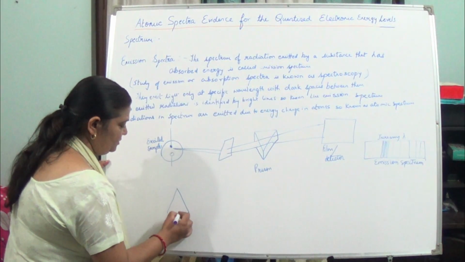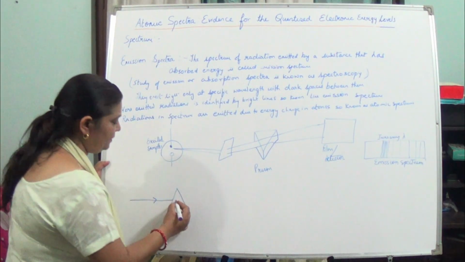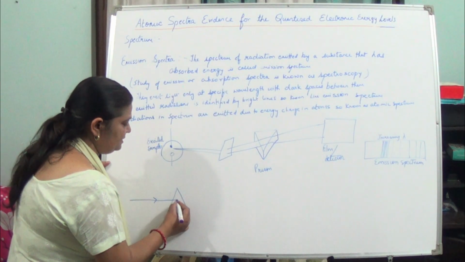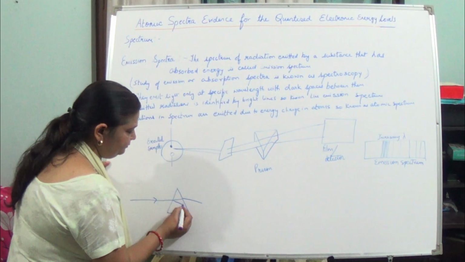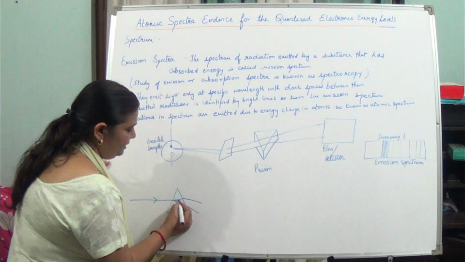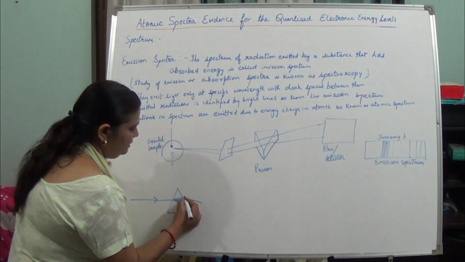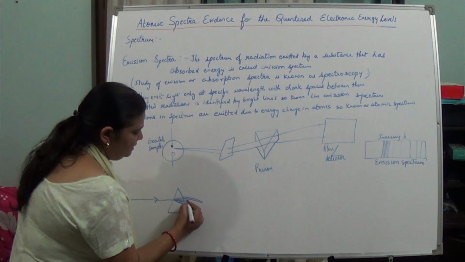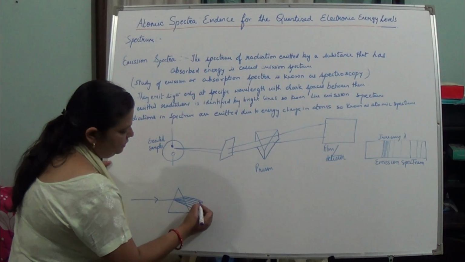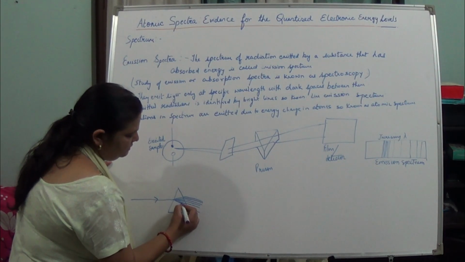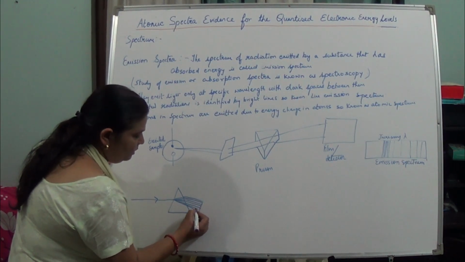Suppose you have taken a prism and you are passing a white ray of light. Now what happens in this? It gets refracted, and then it spreads out and splits into 7 different colors. And these 7 different colors, you can see